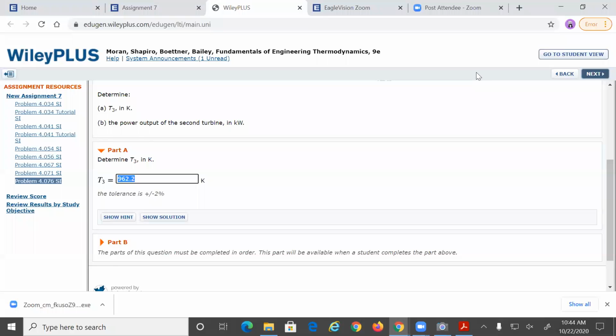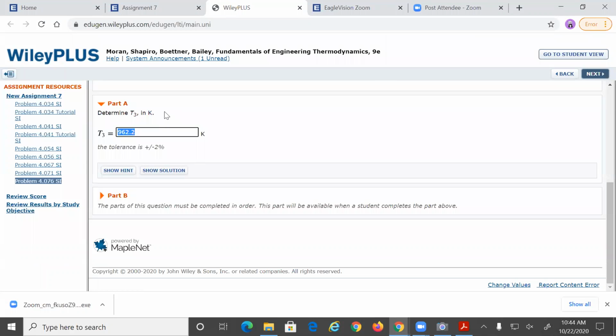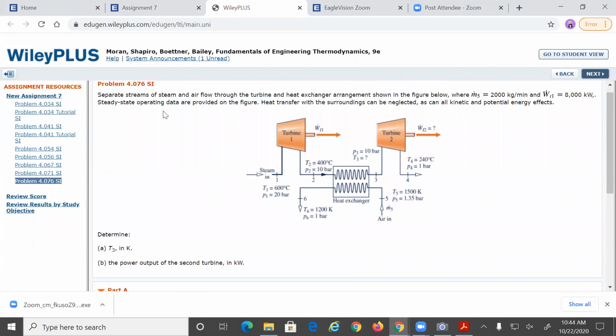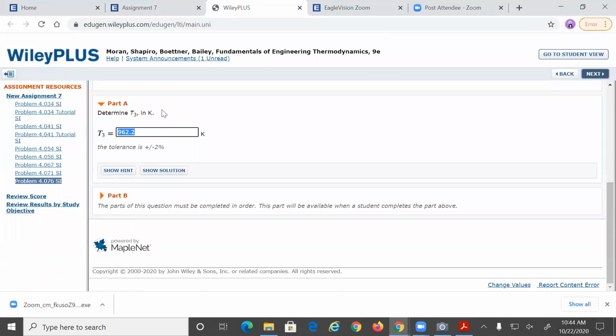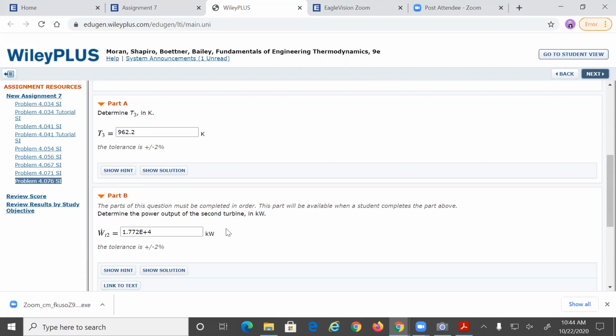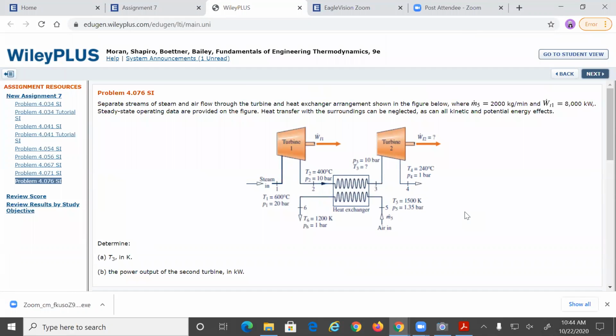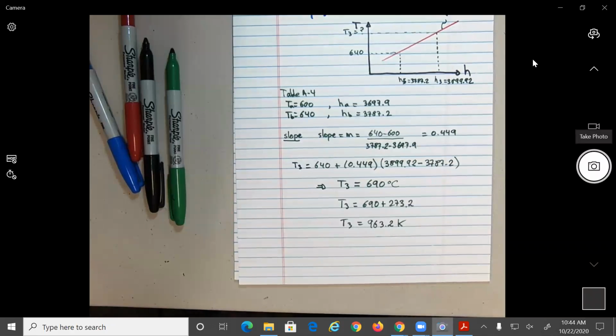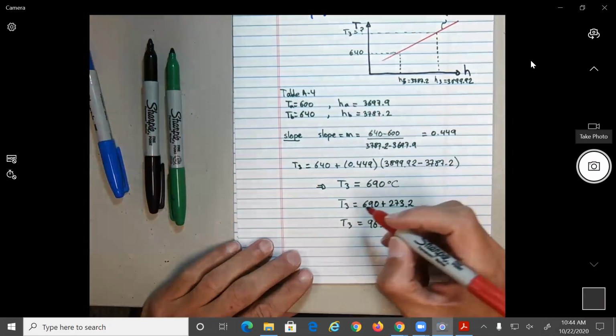So let's do the recording, and that's just part A. Okay, awesome. So we did part A, now part B. Part A was long, part B hopefully is not that long. We need to determine the power output of the second turbine. So that's going to be easy. Once we have all this information,